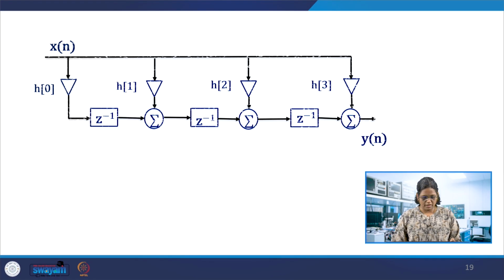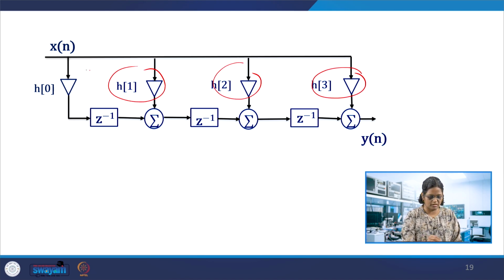So what we have done here, xn, this is the structure I was talking about. xn is multiplied by h0, h1, h2 and h3. These products are found from the generate block, that is generate and end generate, and then the delay, and these are the adders used here. This addition is stored in the adder array, and then y out is taken out from the adder array, that is the last one. So the last adder value will be taken out as y.